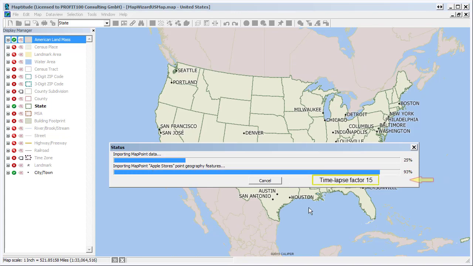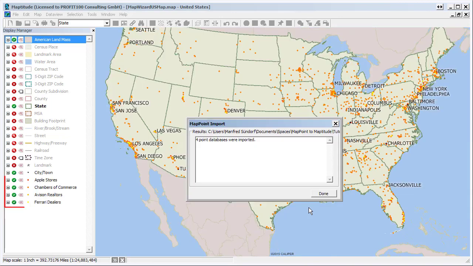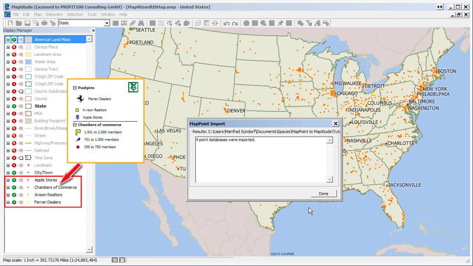Importing MapPoint addresses takes time, more than 5 minutes for about 1,400 pushpins. But as we don't want to waste your time, we use the time-lapse factor of 15 for this video. I think you will agree. You can smoke a cigarette meanwhile. Okay, it's finished. In total 4 datasets were imported,